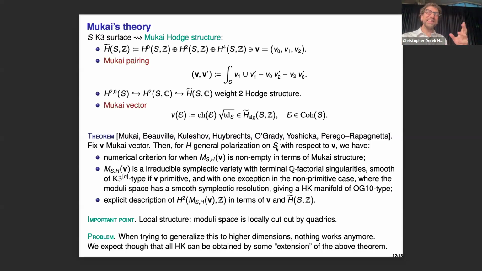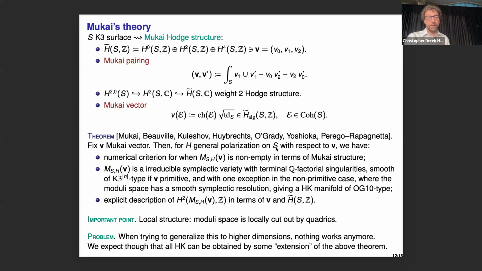The interesting thing is that the moduli spaces are horrible in higher dimension, except that maybe if you fix some interesting Chern character, then they become manageable. So that's a bit the idea. And in Eyal's talk, we saw this very nicely from the viewpoint of abelian varieties, for example.